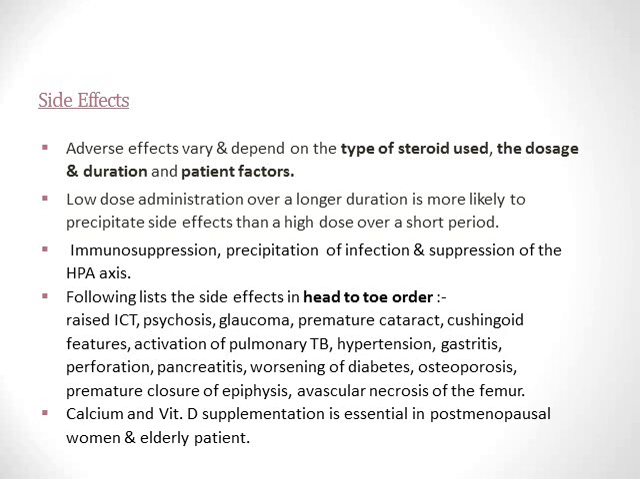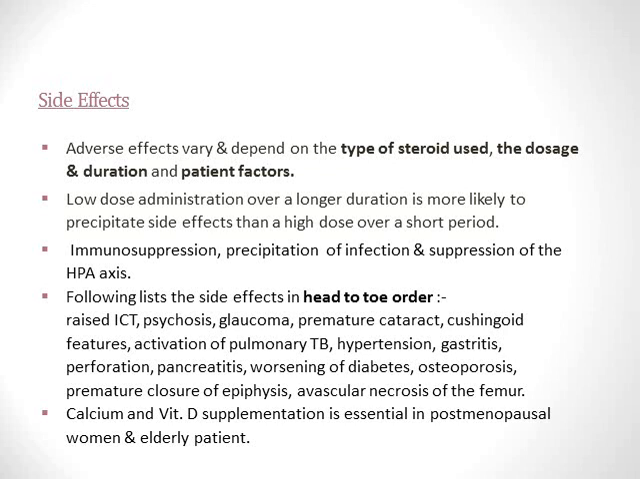So what are the side effects? The adverse effects of oral corticosteroids vary and depend on the type of steroid used, the duration of the steroid used, and patient factors also. Low dose administration over a longer duration is more likely to precipitate side effects than a high dose over a short period. This is something which you should remember. Even if you give a very high dose for 7 days, 10 days, that doesn't cause much side effect, but if you give a very low dose of 10 milligram or 20 milligram for 2 months, 3 months, or 4 months, then it's more likely to cause HPA axis suppression, leading to